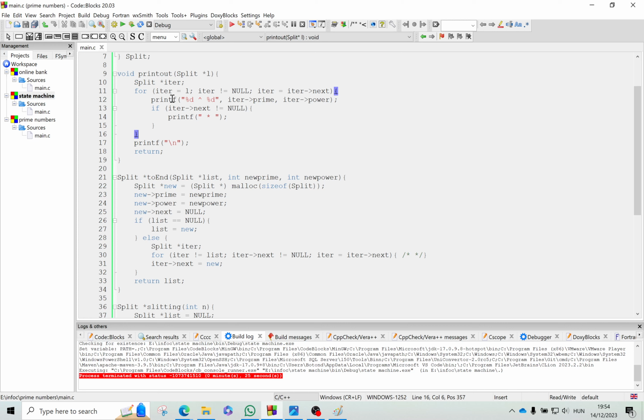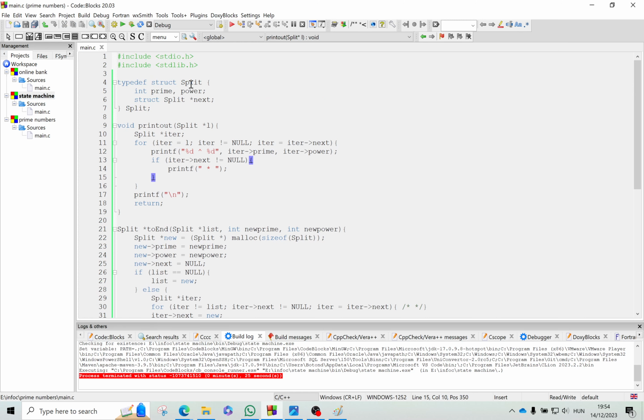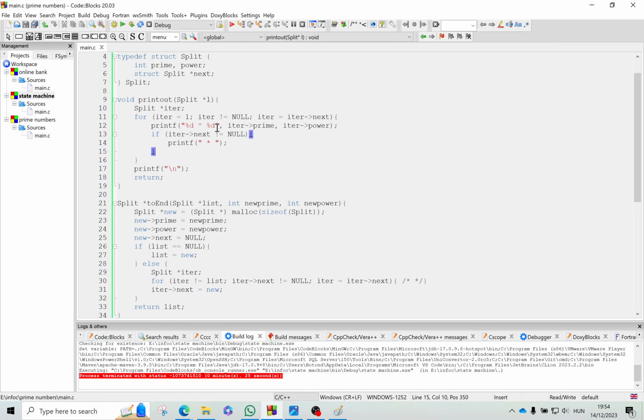So while this loop runs, it prints out the prime and the power from this structure to the standard output. As you can see here, if the next item isn't null, not 0, since 0 and null are different, obviously, then it also prints an asterisk